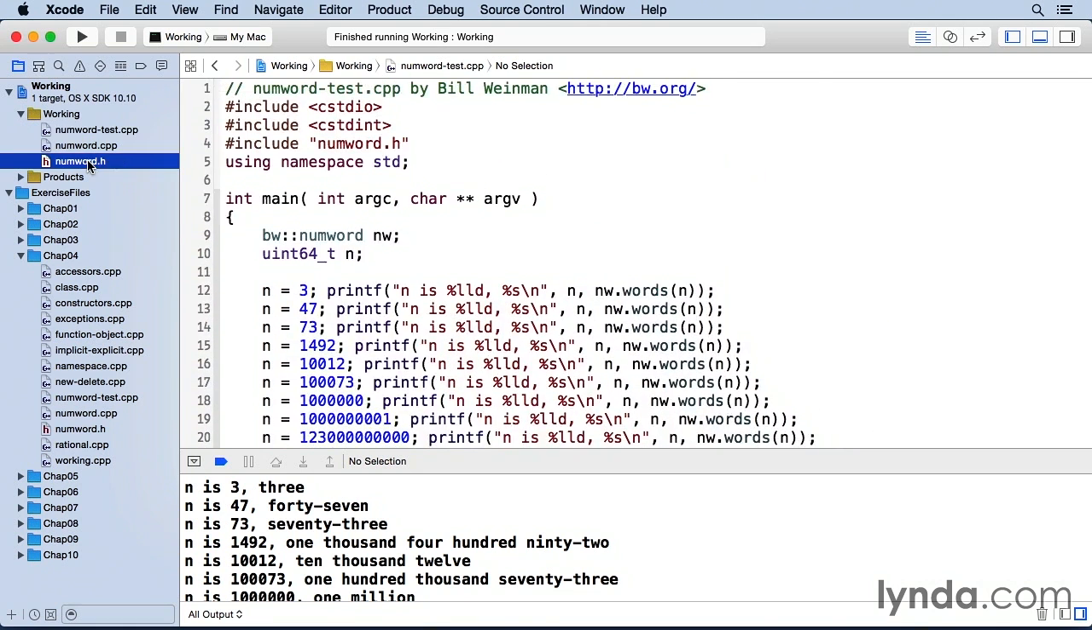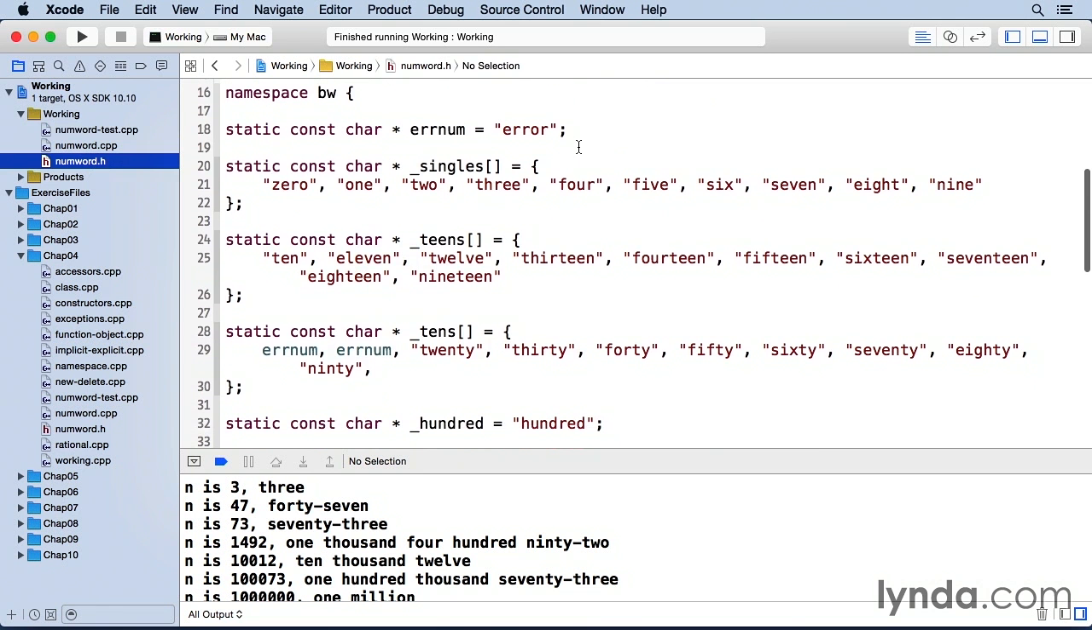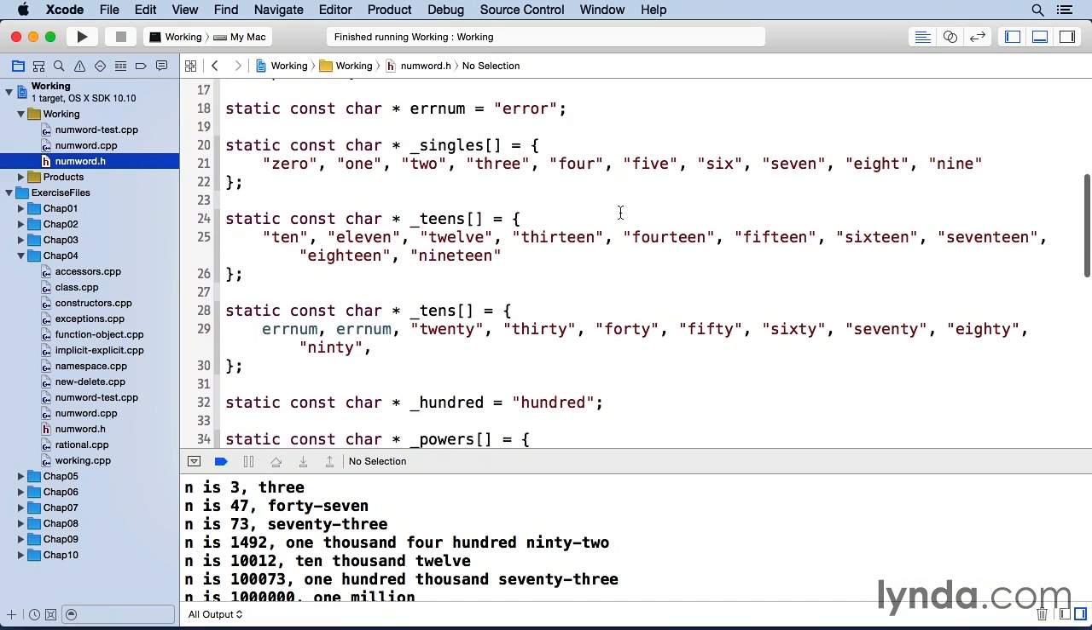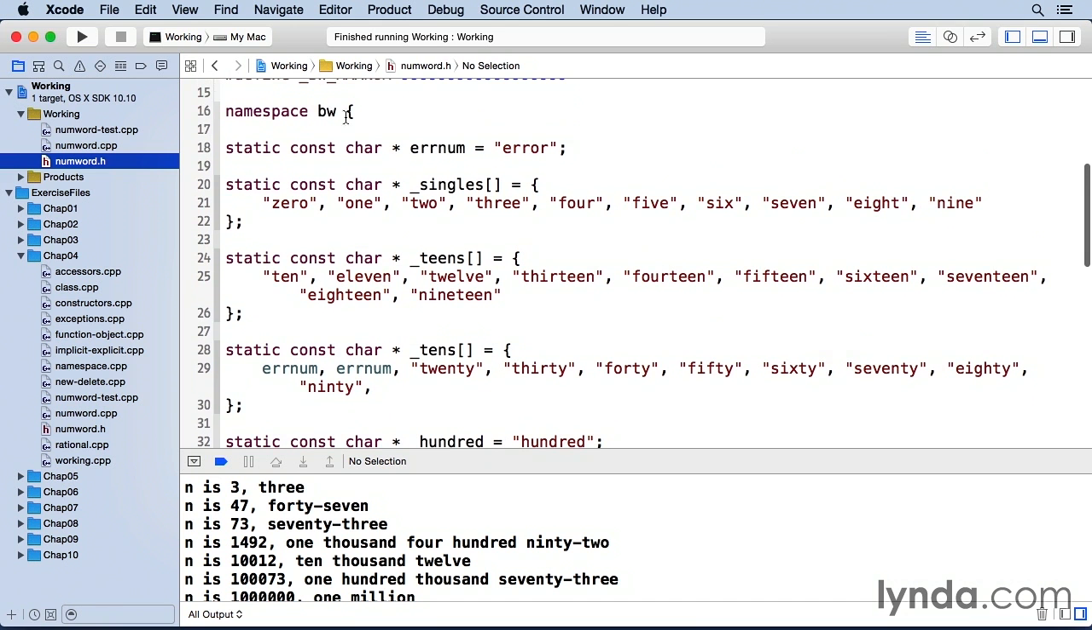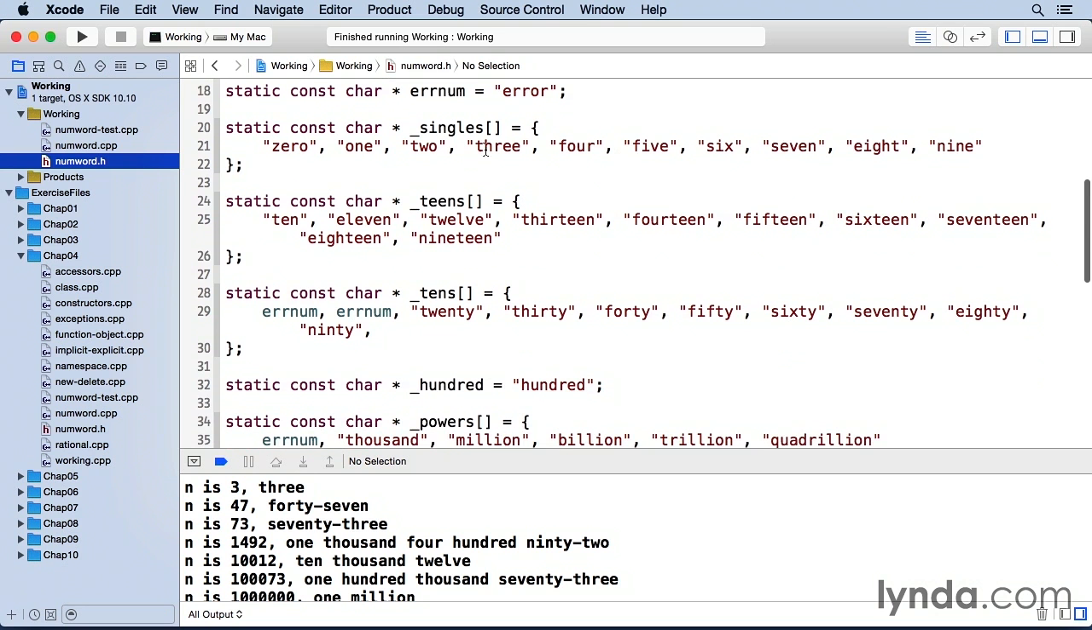But really, it's a good idea to use a namespace here because I'm declaring a bunch of constants in global space, and things like air_num and singles and these things, I don't want there to be name collisions with other classes. And so I use my own namespace for this. Now I declare some static constant strings for the words, and there's one for error, and then there's the singles